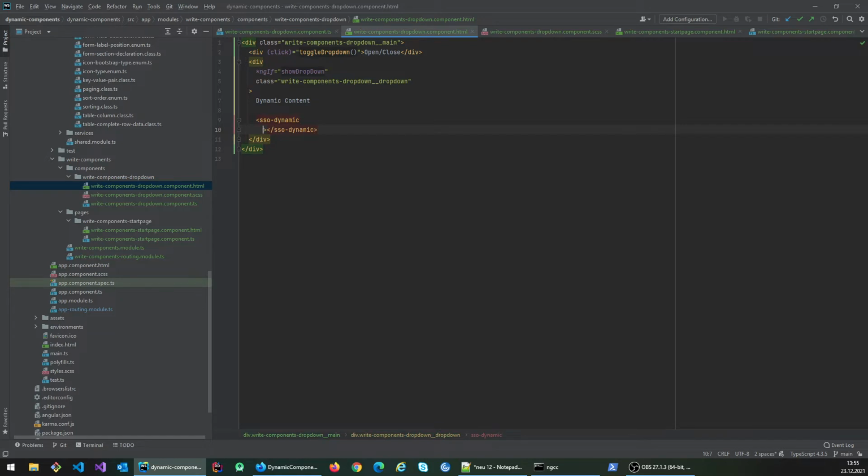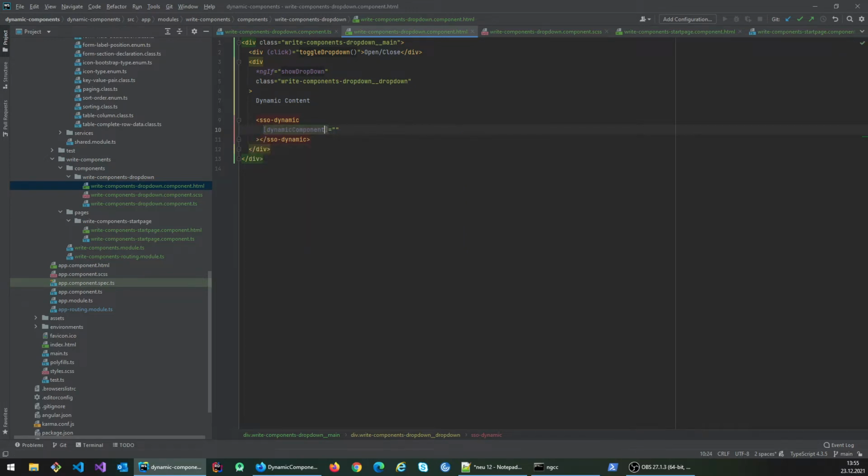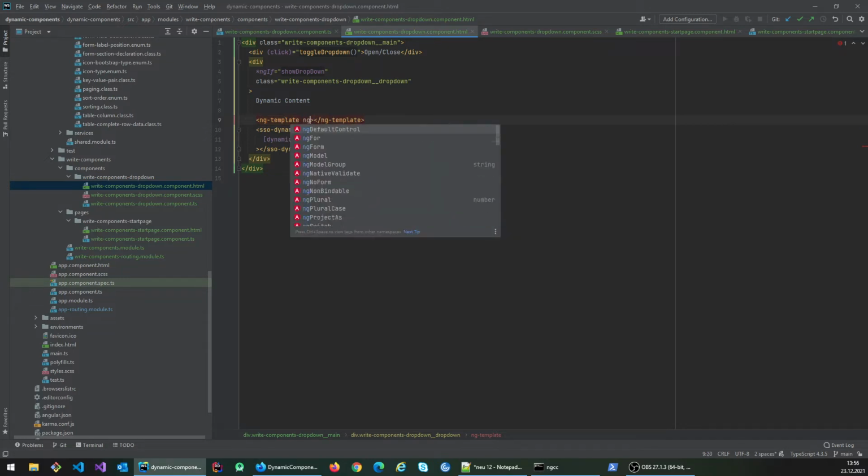And the dynamic component gets just one simple dynamic component handed over. And we have an array, and this is just a single specific instance. So we want to loop over this stuff. So I go with ng-template because it isn't visible in the output. And I go with ngFor